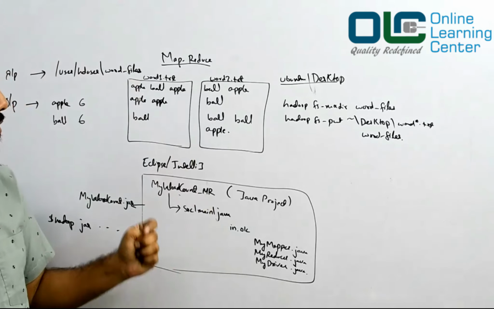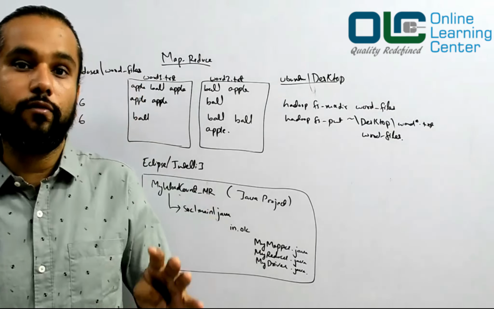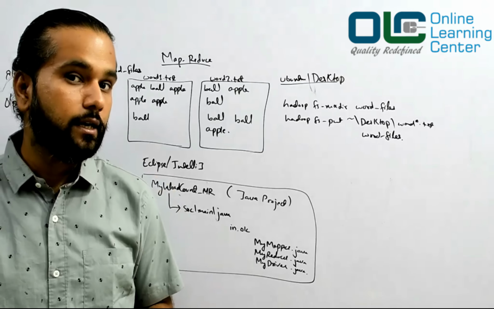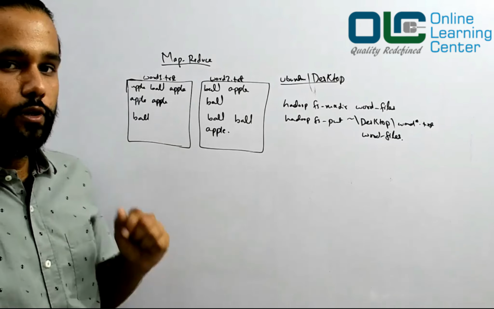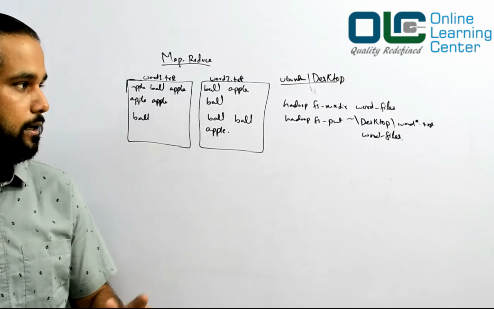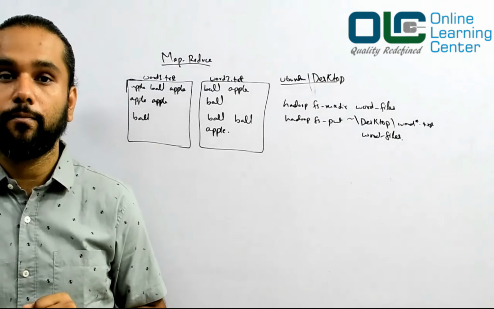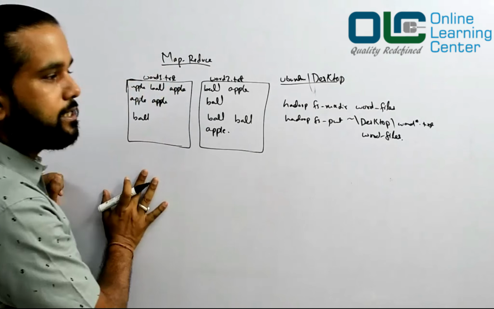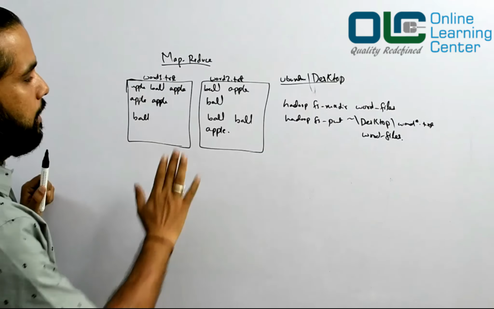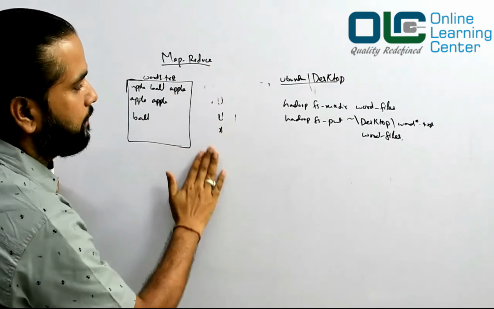Let us talk about this mapper and reducer theoretically today, and we will implement that from scratch in the next class. So now we understood what the structure of the program would be. But then let us try to understand theoretically the concept of the mapper and reducer. Do not get confused with two files. Let us not even talk about this one file. Let's assume that this one file is not even there.